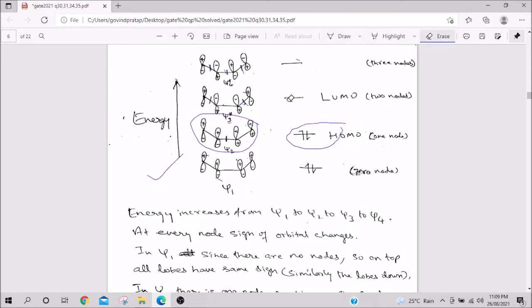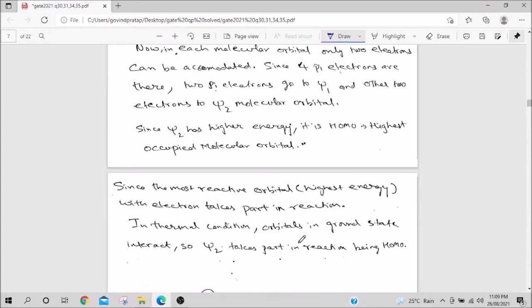If you are not able to remember all of them, just like when you forget to make notes and forget in the exam, you do not want to waste time. Psi 1 will have plus plus in all cases, whether it is 6, 4 or 8 electrons; it always follows the same rule. Psi 2 will have plus and minus at the terminal, then again plus plus, then again plus minus. We are interested in psi 2 because that is the HOMO, so it is plus and minus that I have taken.